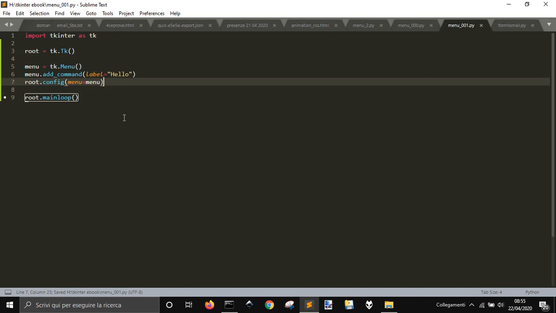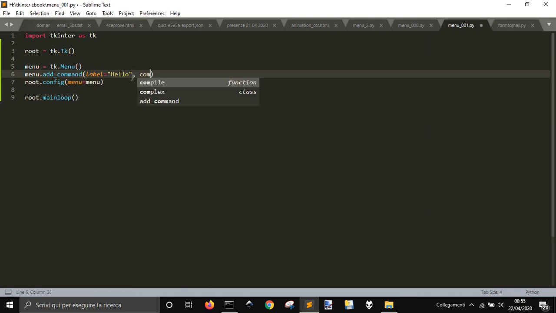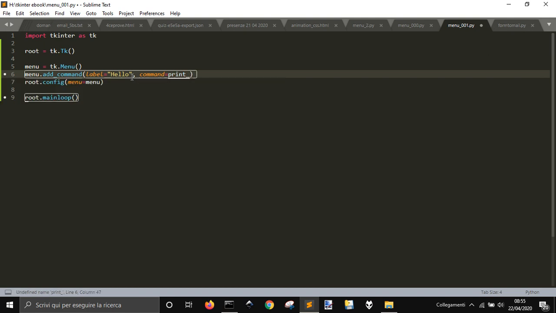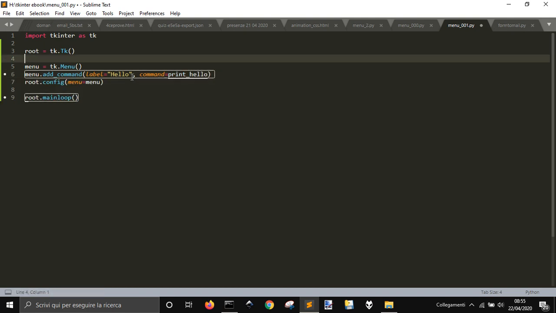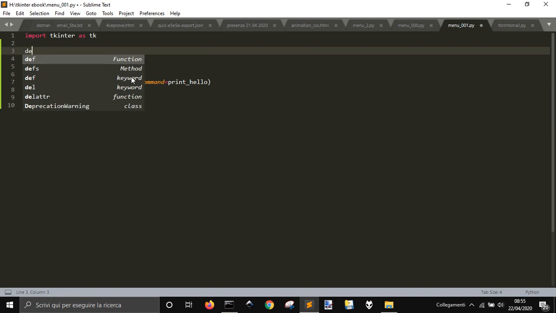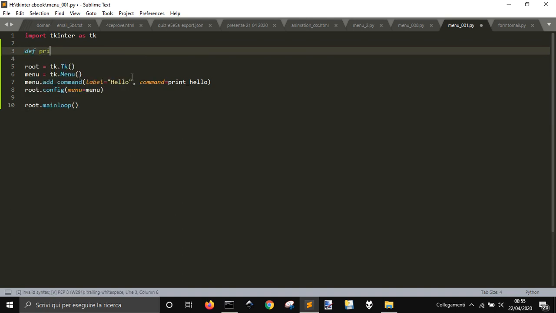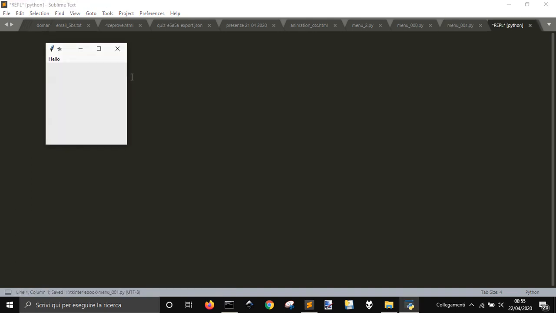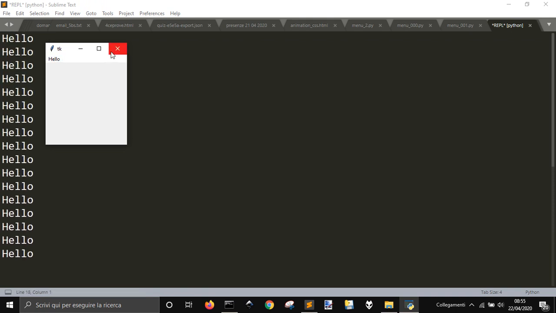That does nothing, but you just have to add command, and let's say print_hello. Then outside of this we create a function print_hello with no arguments that just prints hello. And so when we click it now, you can see there is this text written on the console